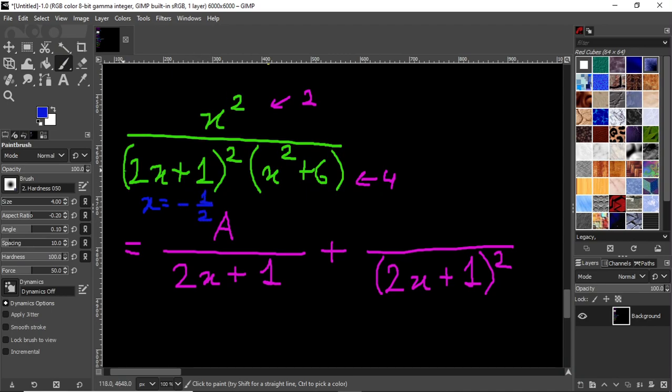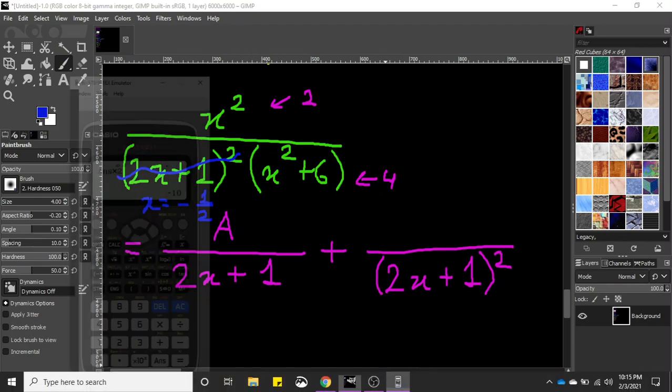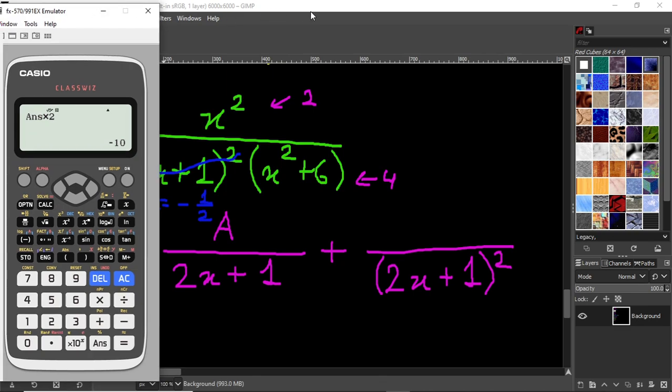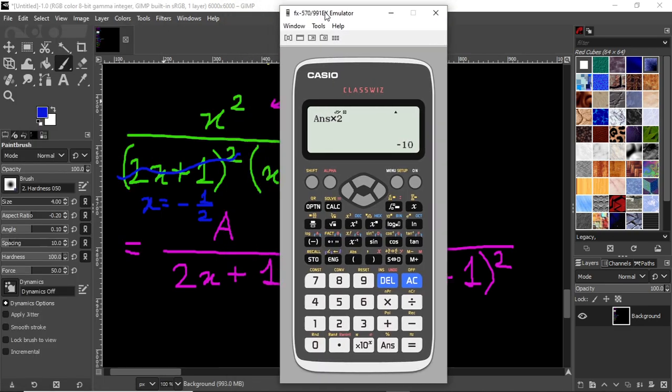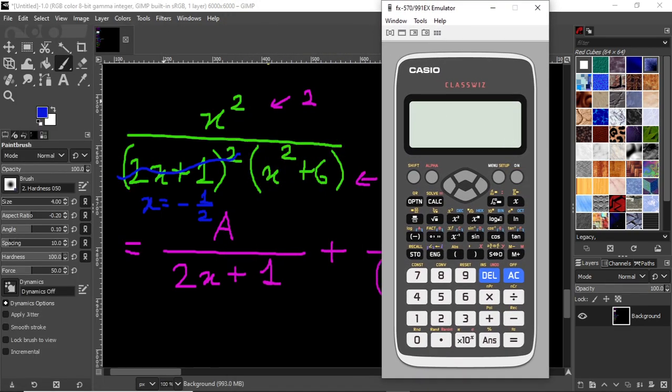Okay, now pretend it's not there. So evaluate this fraction at x equals minus half. So I have, okay, this is really freezing bad. Okay, so what I have in the numerator is minus half squared, that's 1 by 4. And here, again 1 by 4 plus 6, so 6 plus 1 by 4,